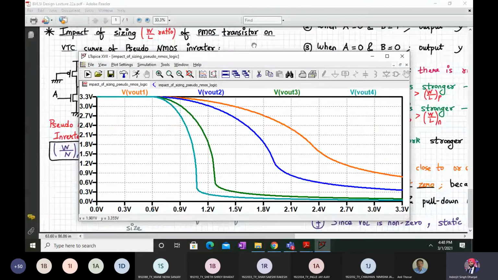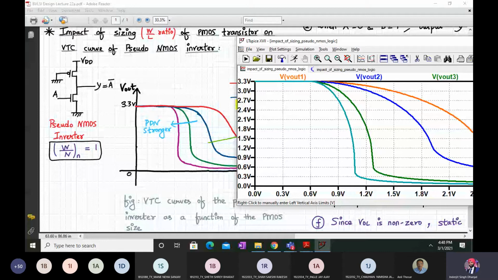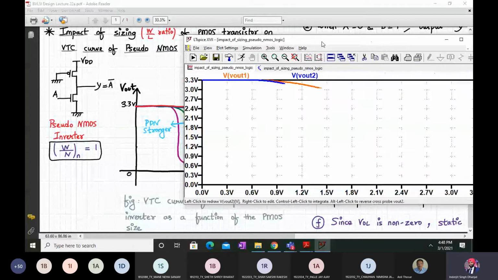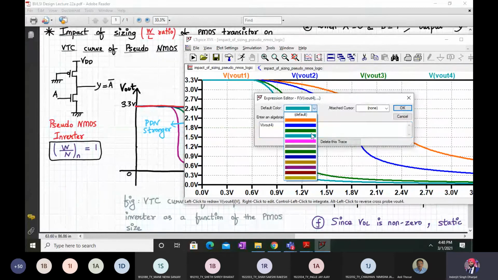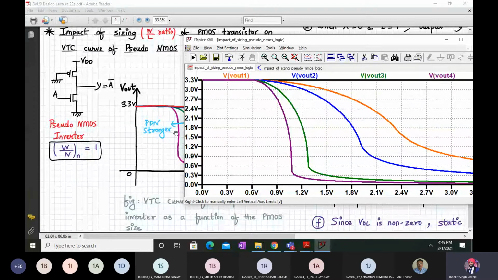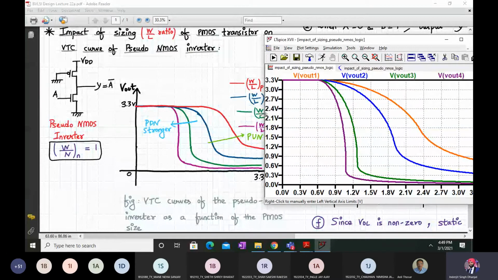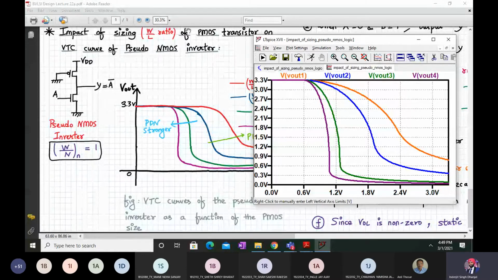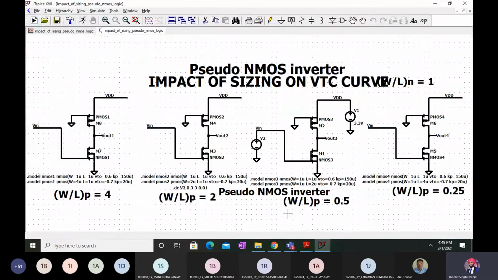This completely resembles what we were discussing over here. This is the same diagram. If you see carefully, this is the same diagram. If you want, change the color of the last one and make it, let's say, this one. Now even the colors are matching. Okay, this is what we were talking about. Fine. This is the impact of the W by L ratio. That's why this is the ratioed logic. Just by changing the W by L ratios, by making the PMOS or the NMOS network stronger, we can have this impact on the VTC curve. Okay, so I hope that this is clear.